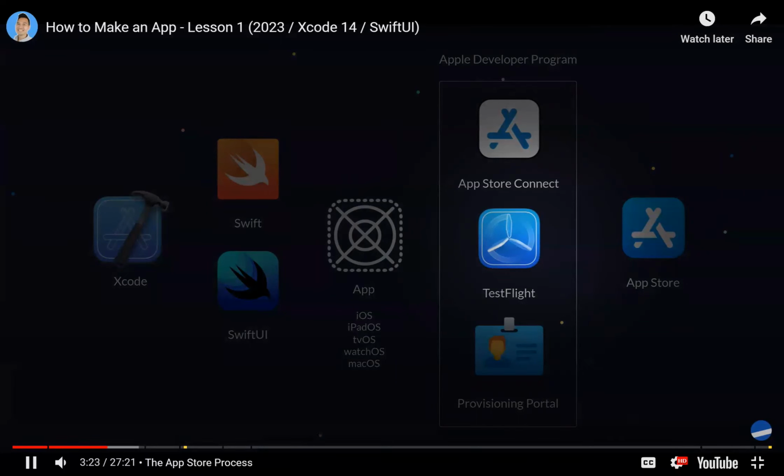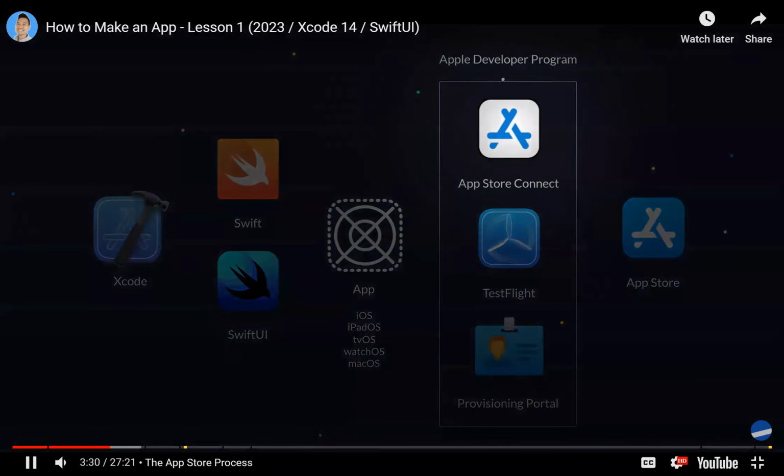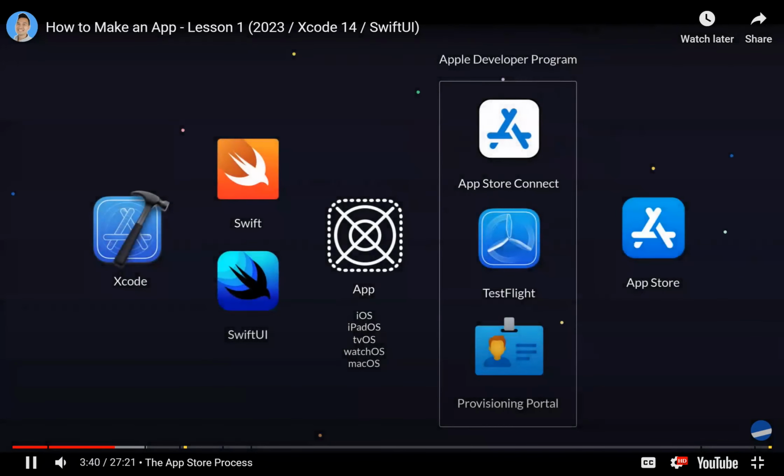Use TestFlight to ensure that your app is as polished as it can be before launch. And finally, App Store Connect is where you'll create the app listing for your app, including all of the metadata and screenshots. If your app has in-app purchases, this is also where you would configure them. Once your app is tested and the listing is ready, you can upload the app from Xcode to App Store